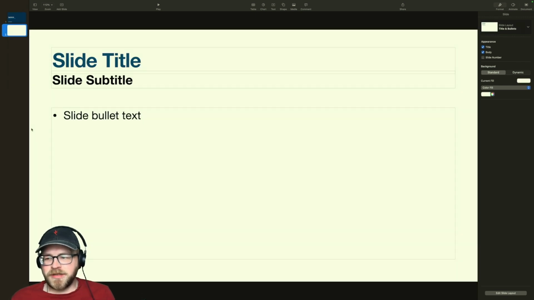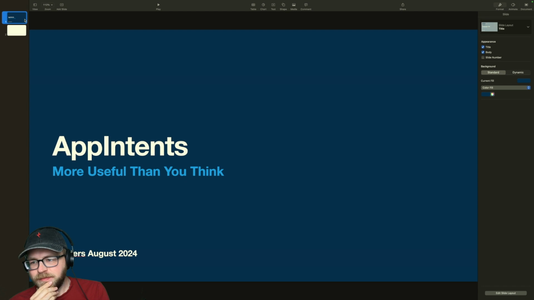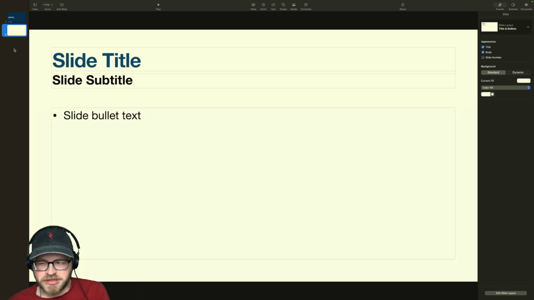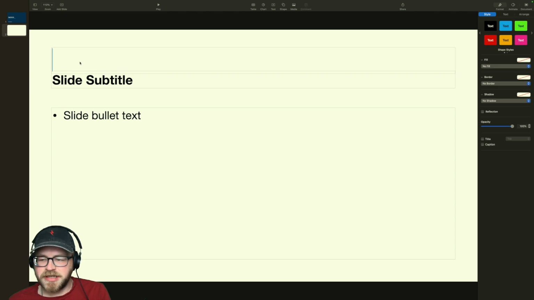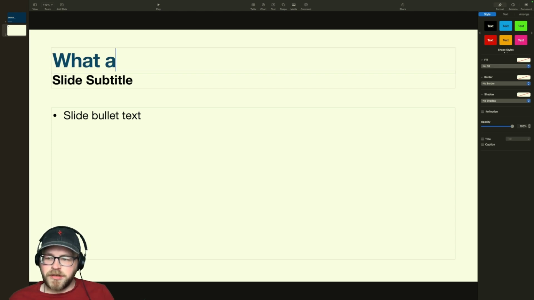Let's start plotting out this talk, and it doesn't have to be a long talk. Talks can vary in length at this venue, but I feel like I want to cover at least a lot of different things. So let's talk about what they are. What are App Intents?